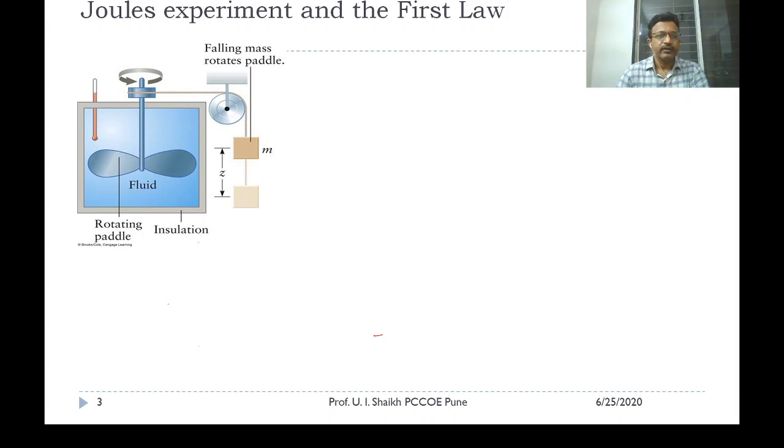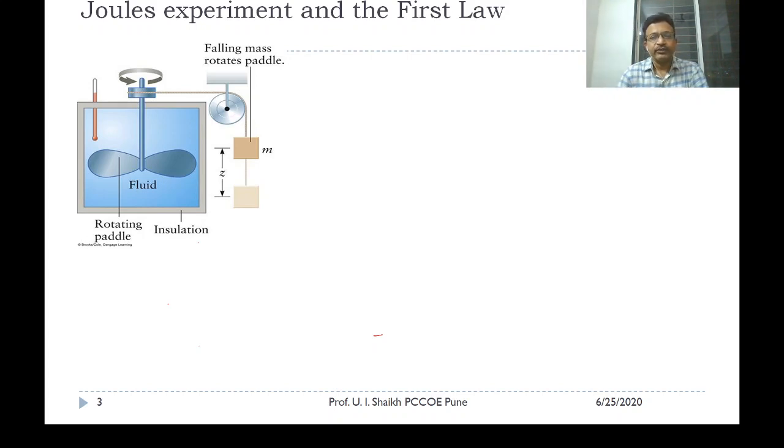Many times, Joule's experiment is analyzed on the basis of caloric theory of heat, which considers heat as an invisible fluid which is transferred from high temperature body to low temperature body. But this caloric theory of heat has become obsolete because such an invisible fluid is not identified. So our discussion of Joule's experiment will be based on modern thermodynamic concepts and logical reasoning.